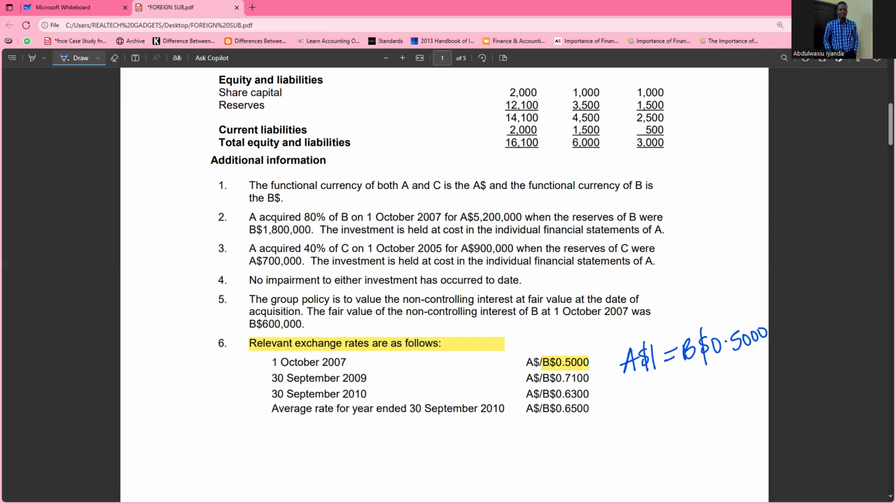And that is the first thing I want you to please try as much as possible to do. This is rule number one: try to know the most valuable currency among the two. So from here, they say $1 is equal to 0.5B. Literally, the subsidiary currency is more valuable than the parent. So once you know that,